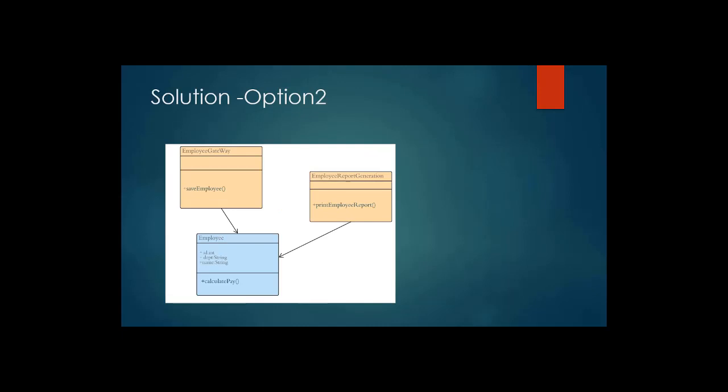Another way would be for the calculate pay behavior implementation to be part of the Employee class, and you have two other classes, one for the report and one for saving the employee record, and these have a reference to the Employee class as shown. So there are multiple ways of doing this separation so that there is no tight coupling between different behaviors, so that when a change occurs to one behavior, it does not impact the other behavior. Say if there's a change or update to the employee report generation logic, the business rules and client logic built for save employee and calculate pay are not affected. Again, we'll be looking at some code examples in the next video.